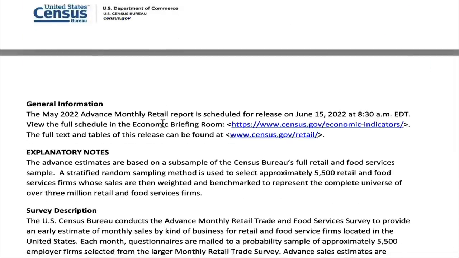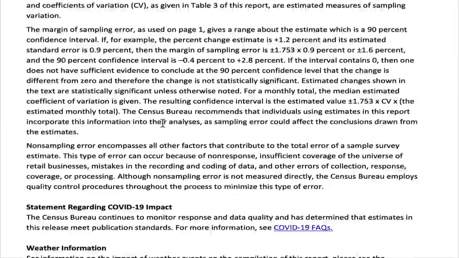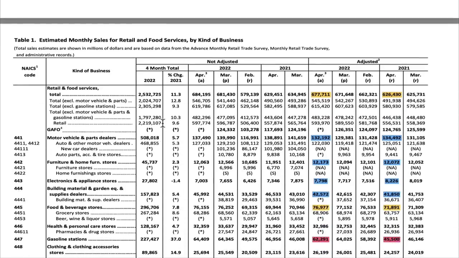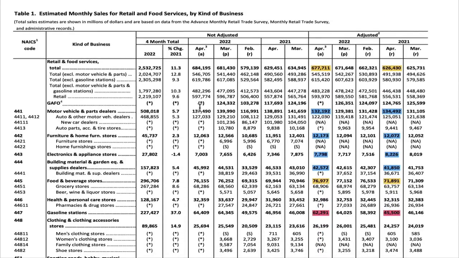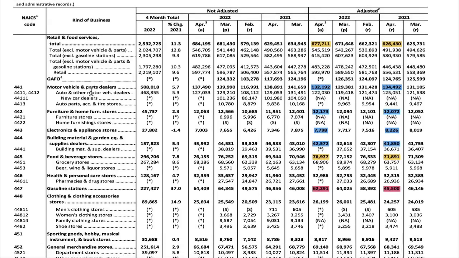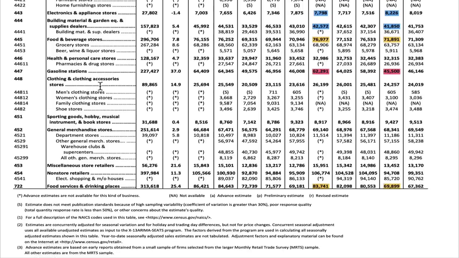So we'll look at them in a few minutes, but let's just keep scrolling down here. I highlighted a few more things. If you keep going down, you'll get to the tables itself. So table 1, this is April, 677.7 billion. The April before was 626 billion. So you can actually calculate the year over year, and you'll find that it is the number that was reported. Then they break it down into the 12 different categories.